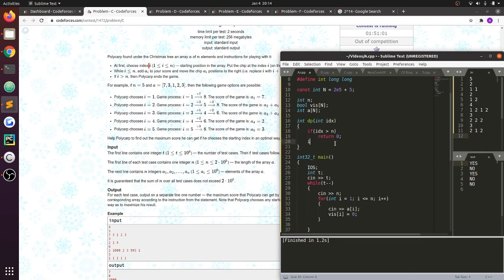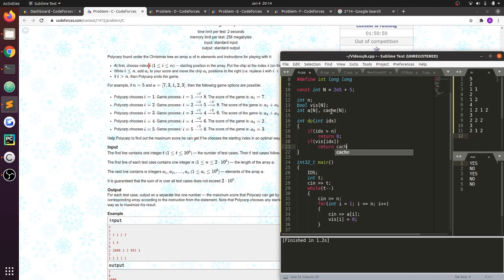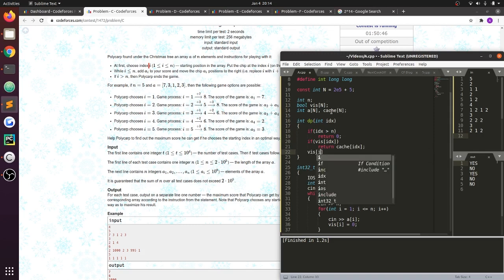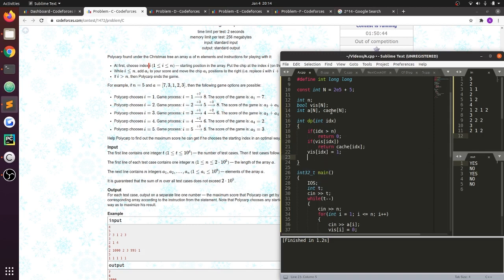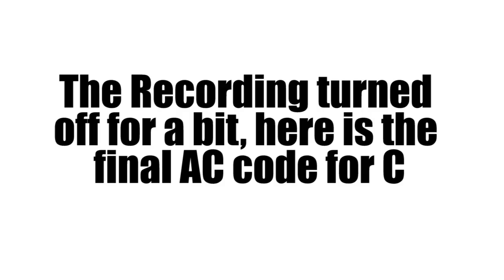If I have visited this index before, then I can simply say that the value is whatever I got last time I visited it. So return cache of index. Otherwise I mark this element as visited and I store the value. So cache of index is equal to a of index plus dp of